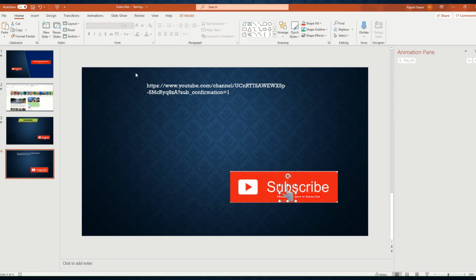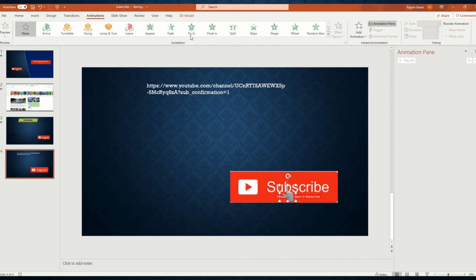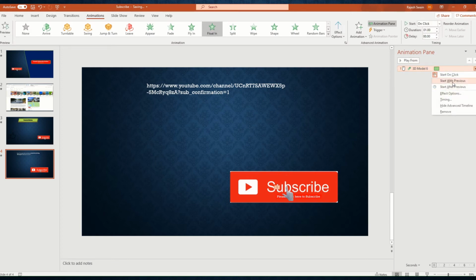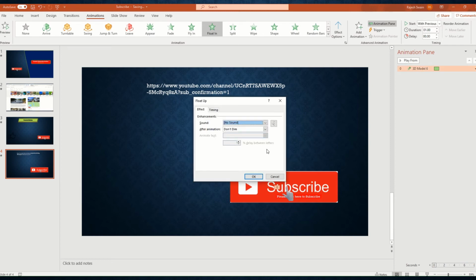So I clicked on this image, then clicked on animation, then selected float in, then that animation will start from the beginning. So I have to choose start with previous. Then we have to add some effect, and with respect to timing, we have to make the duration a bit slower so that it will be visible properly.